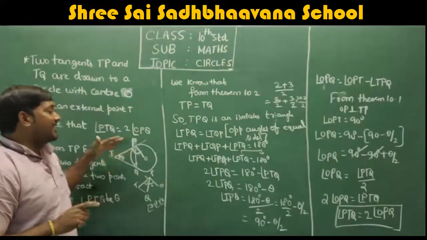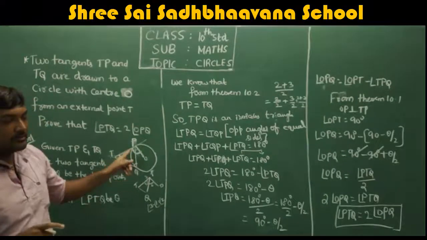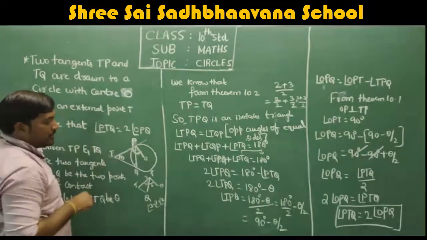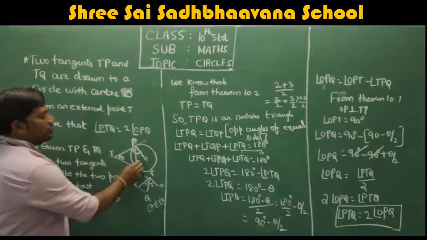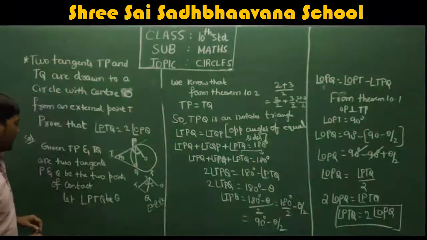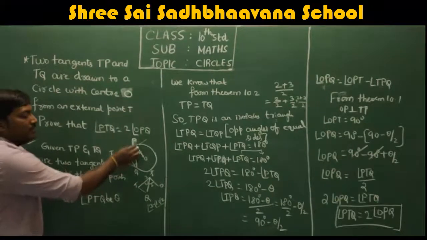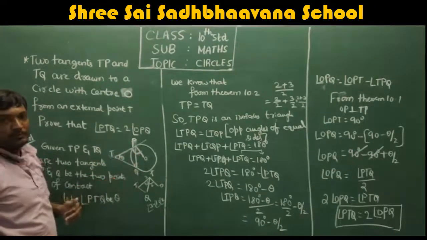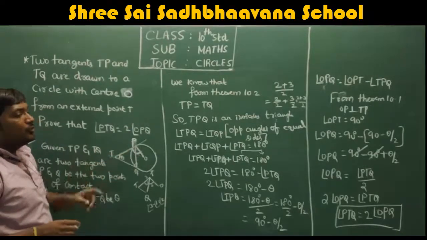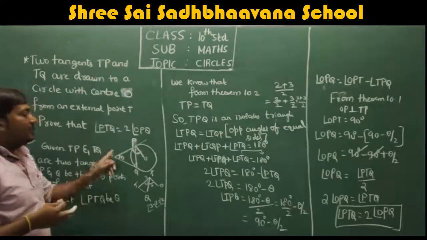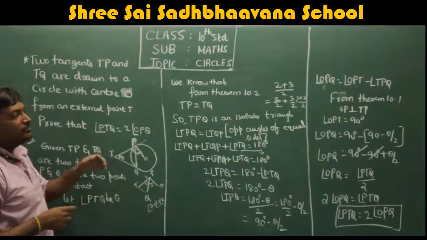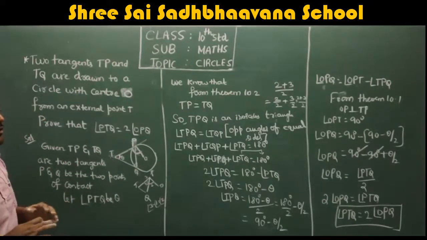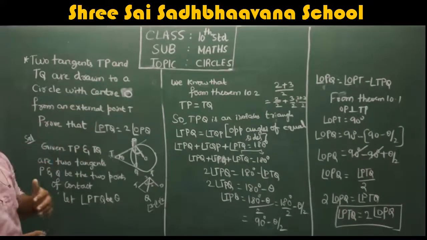Now, see TPQ is a triangle, right? And PQ we drew as a chord, joining P and Q. This is a construction. Understood, don't think where this PQ came from. We drew it as a chord which touches P and Q. So PQ is one side, PT is one side, and TQ is one side. This forms a triangle TPQ. Triangle TPQ is an isosceles triangle. Why? Two sides are equal.